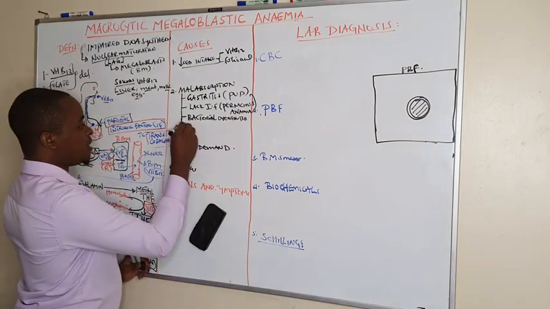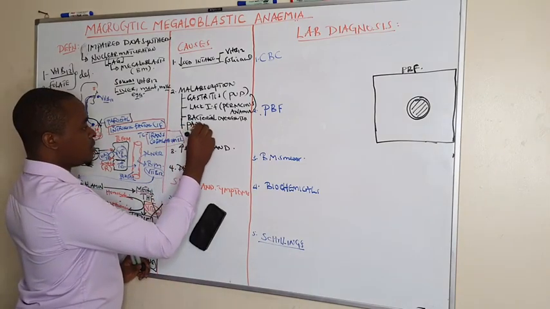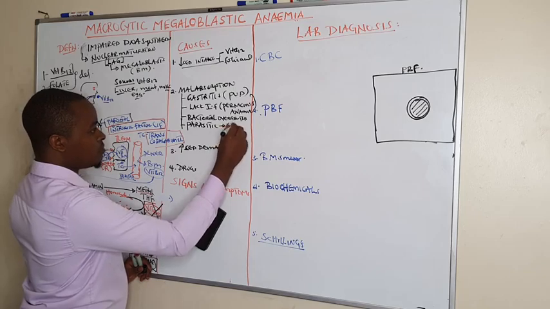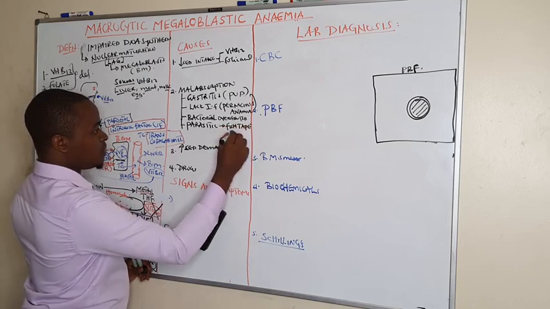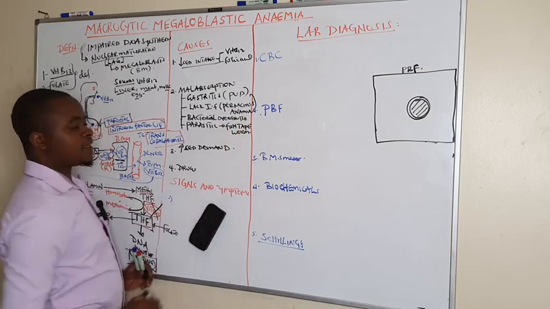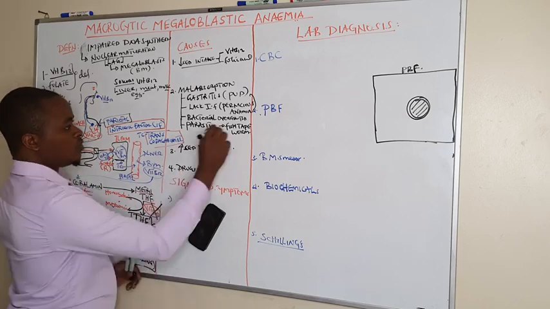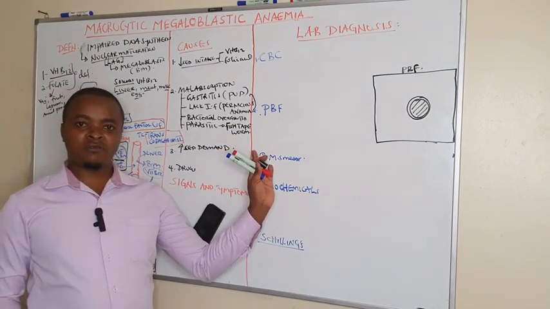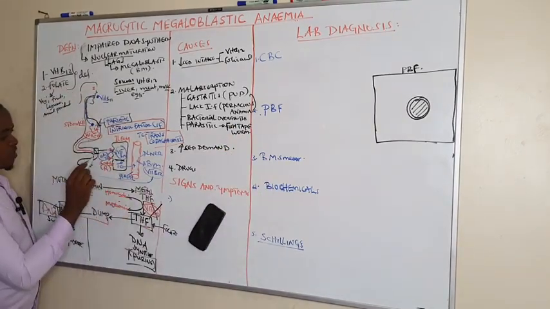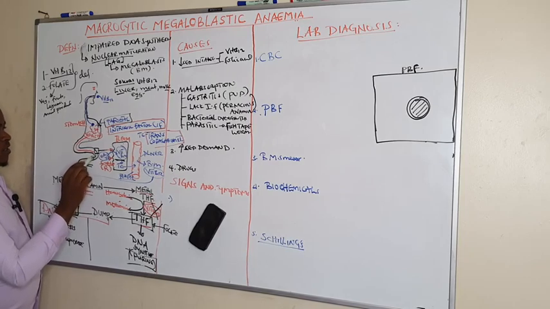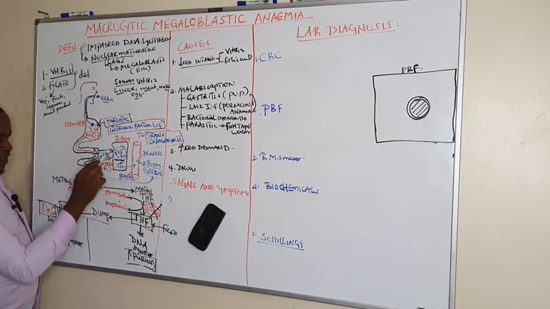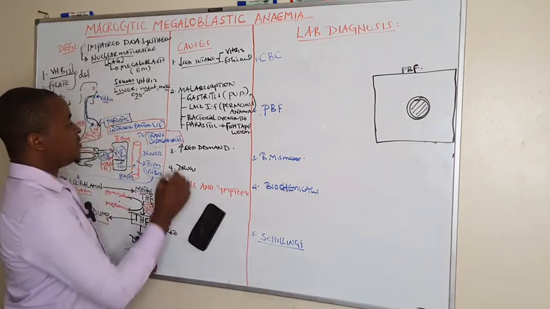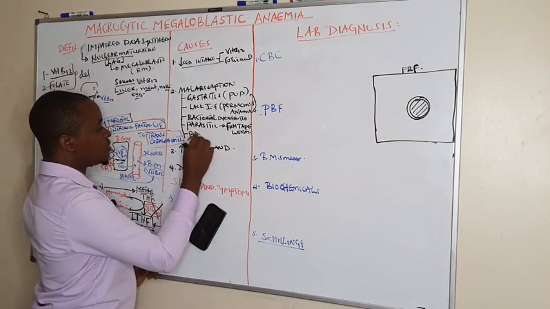Another thing is parasitic infections, like fish tapeworm, which we normally call Diphyllobothrium latum. Latum also competes with you for vitamin B12. So we find if we have a fish tapeworm inside here, before this vitamin B12 is absorbed, it consumes it. So little is absorbed. And even other people with bowel syndromes,